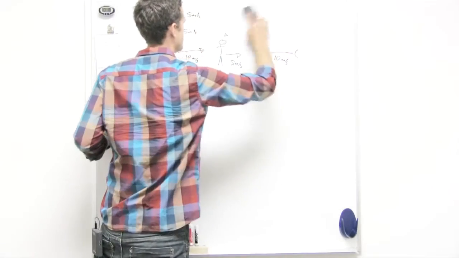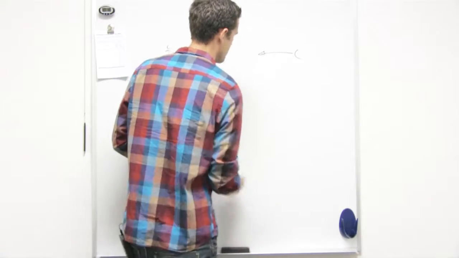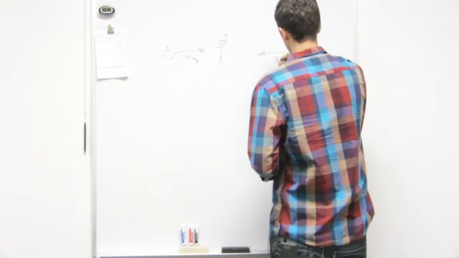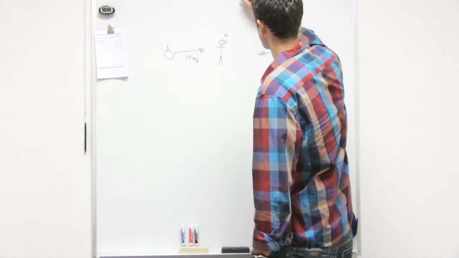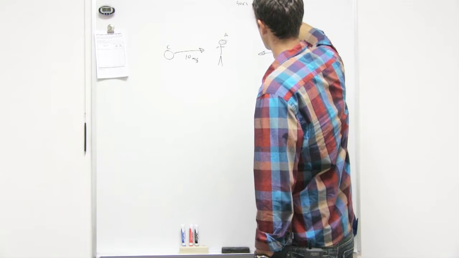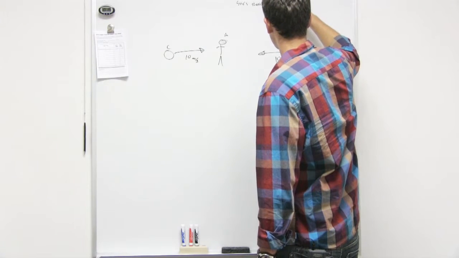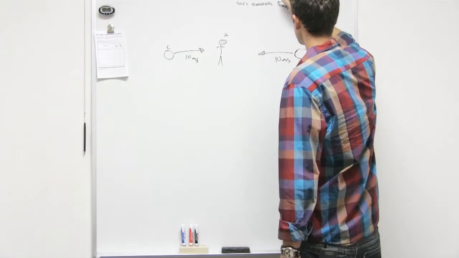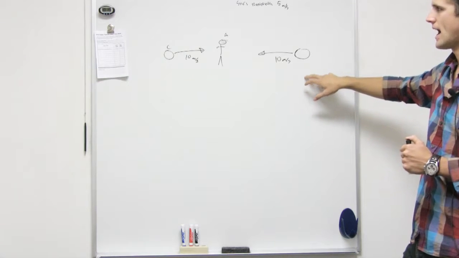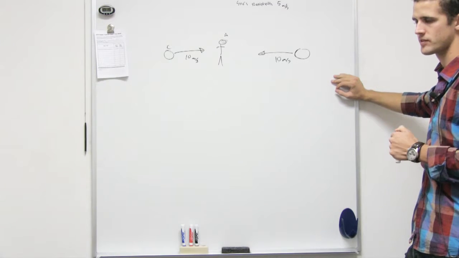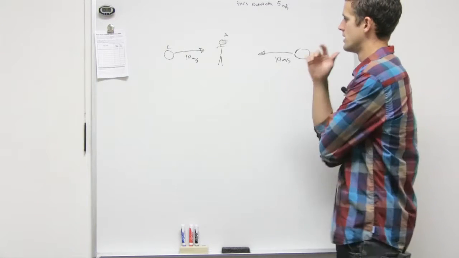Then the next one says, compared to her, both are moving at 10 meters per second. And relative to the ground, she's moving at 5 meters per second. So then which one is thrown faster? Which one is actually moving faster relative to the ground? They're the same. Well, so what it's saying is that,